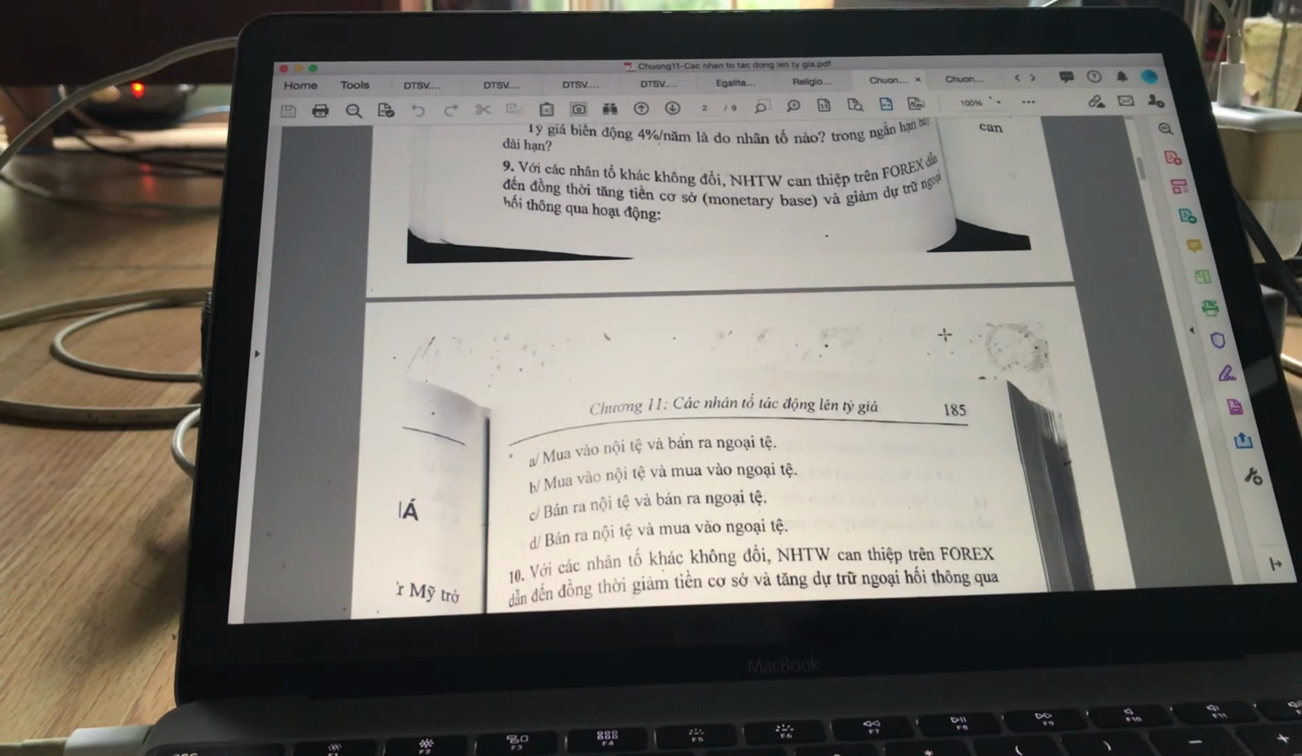Khánh, please. I think the answer is A. The answer is A. The purpose is that the central bank intervenes in the forex, leading to an increase in the monetary base and a decrease in the foreign reserve. Increase the monetary base, decrease the